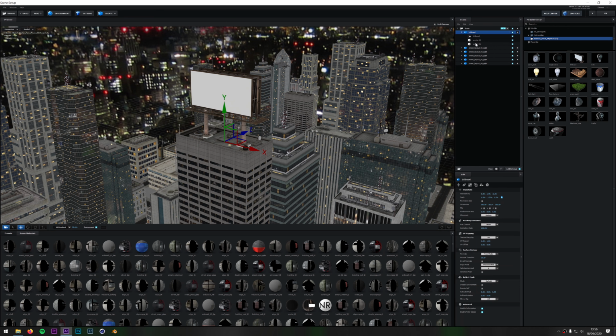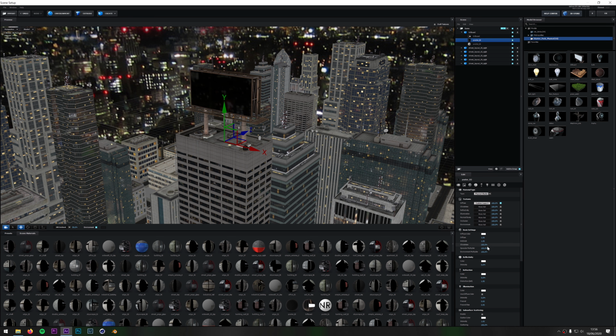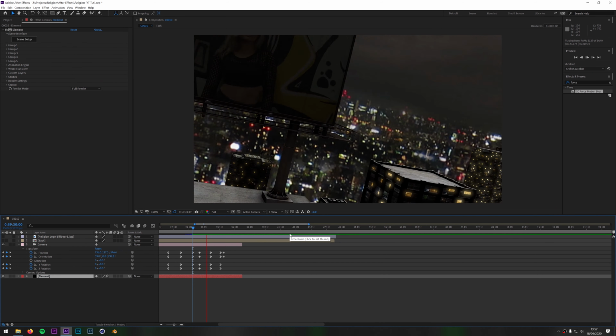Now you want to select each object, go to the diffuse and load them as a custom layer. The video won't show up unless you're on the right frame. To avoid any reflections, make sure you turn the glossy down of each material. Now go back to your comp, play it back and make sure the layers are stuck in the billboard.